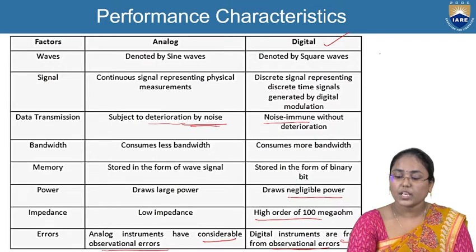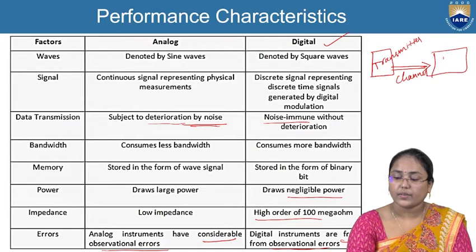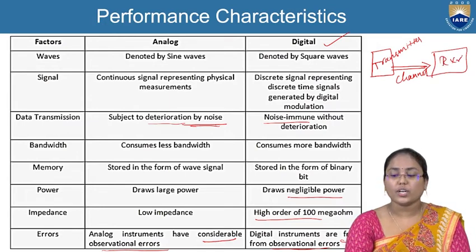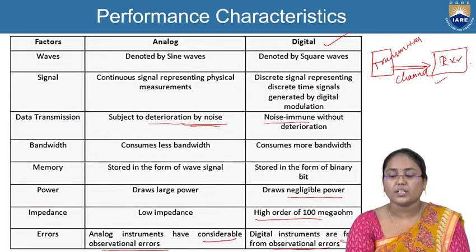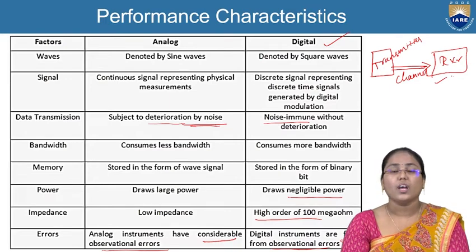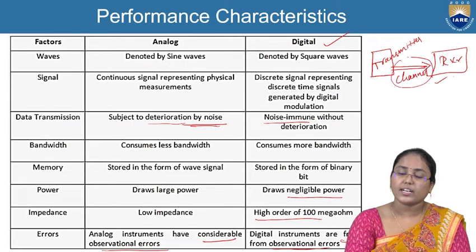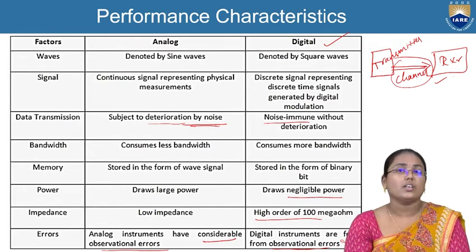Now here, if there is a transmitter, then the signal can be sent through a channel. At this particular place, we have a receiver. In this receiver, whatever transmitted signal is there has to be captured and seen at the receiver. We have to be able to get the actual signal at the receiver. And in the process of this data transmission through the channel, if many noises are induced into the signal, then that is not desirable for us.